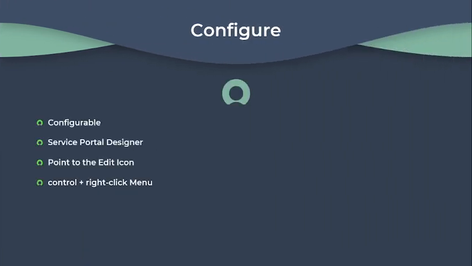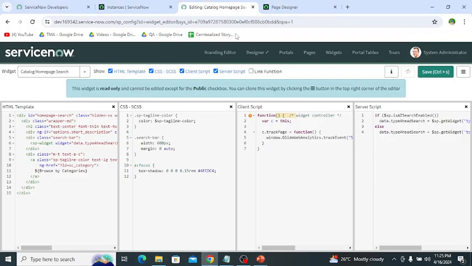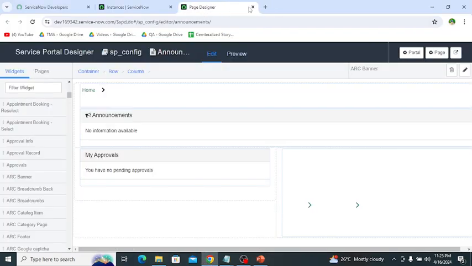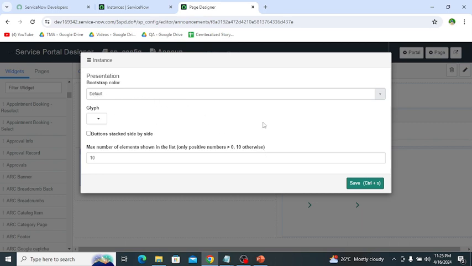Then configure. The widgets are configurable. So there are different ways to configure a widget. So let's explore what are the possible ways to configure the widgets. For this, let me open my personal developer instance. On the page designer, once we add the widget, we can configure this widget by clicking on this button.